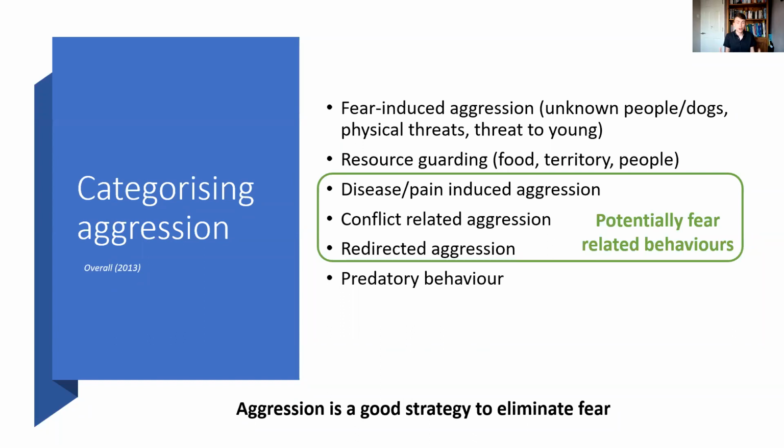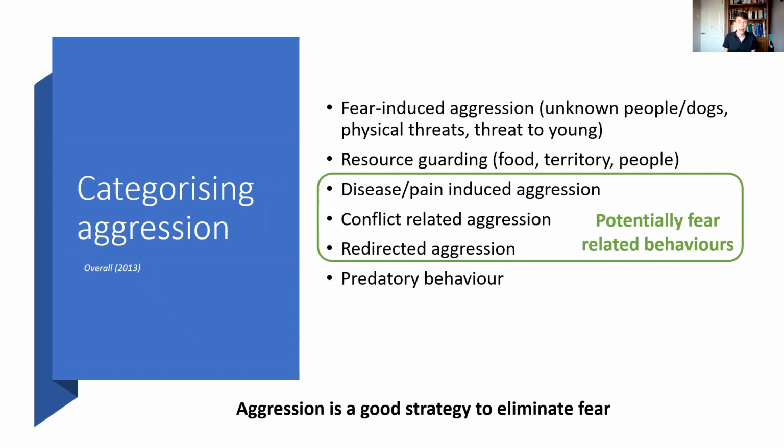Similarly, think of a very common kind of victim of aggression, which is the postman. If a postman or a delivery driver comes along and delivers something, and the dog barks at the postal worker or the delivery driver, again, it's not necessarily the barking that's making them go away, but they will eventually go away because they'll have to go on to their next job. So the dog's going to think, oh, I did a great job. I just saved everyone's life from the postal worker, or I just saved everyone's life from the delivery driver. So again, it's quite reinforcing, because aggression generally in the world works as a strategy of eliminating that kind of fear and eliminating those uncomfortable feelings in dogs.